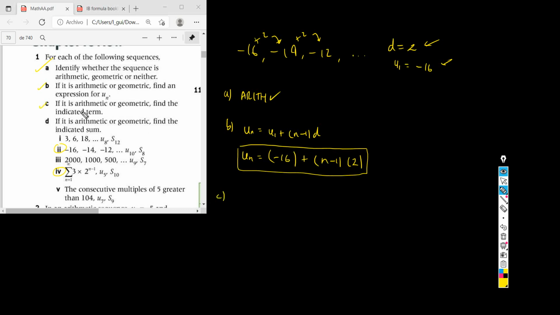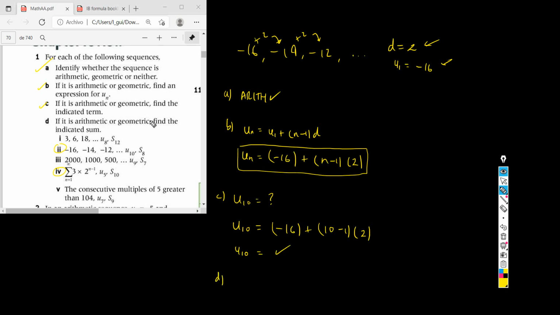C. If it is arithmetic or geometric, find the indicated term. In this one, they indicate that I should find the term number 10. Okay, so I need to find this term. The term number 10, how do I find it? By making use of this formula that I just found. So I'm just going to substitute. N will be 10, and that's all the substitution that I need to do. So here we go, minus 16 plus 10 minus 1 times 2. I won't be doing this in here. This is just basic algebra. I don't need to do it. That's on you. And D,